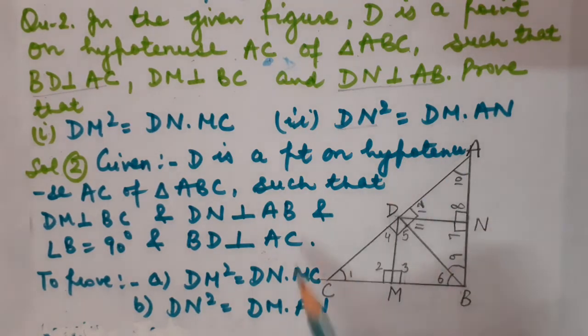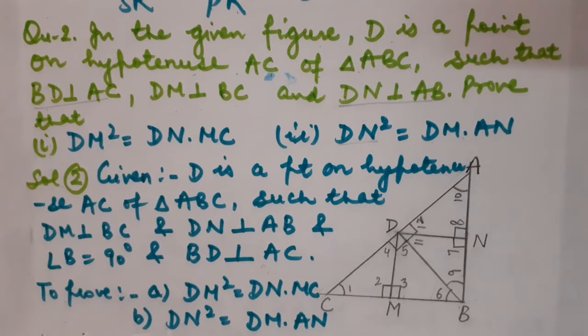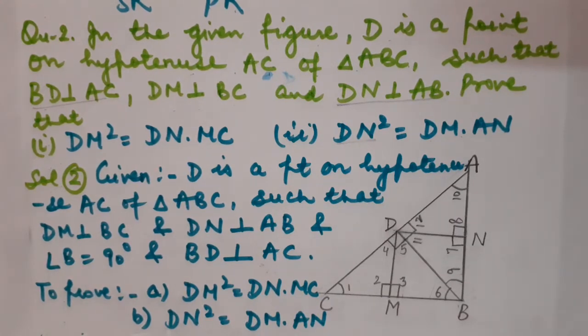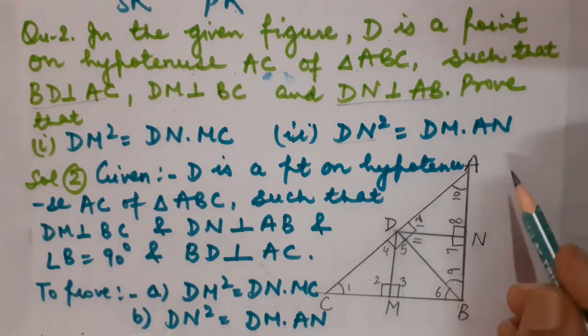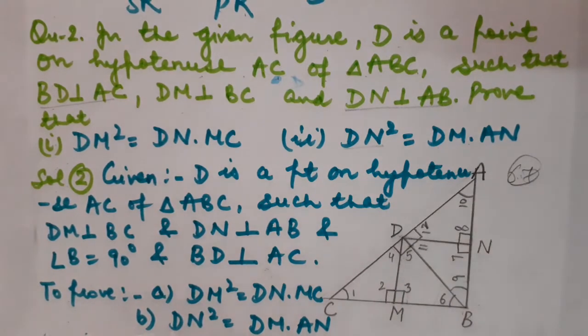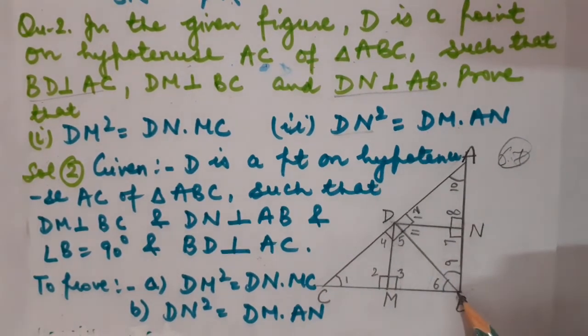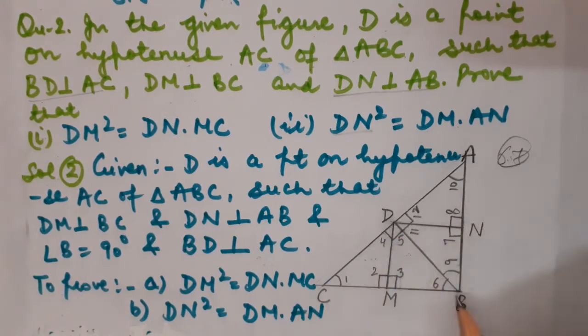So when you are observing the statement as well as the diagram, you have noticed one thing, that there are three perpendiculars drawn. And one perpendicular is drawn from the right angle of a right angled triangle on its hypotenuse. So can we apply theorem 6.7? What was that? Whenever there is a perpendicular drawn from the right angle of a right angled triangle on its hypotenuse, then two triangles are formed, and both the triangles are similar to each other as well as they are similar to the bigger triangle too.